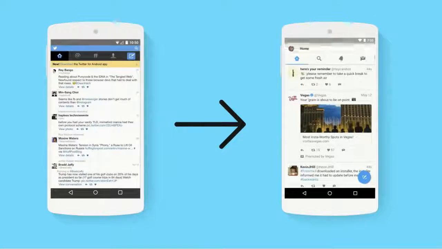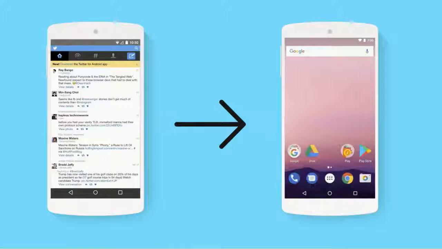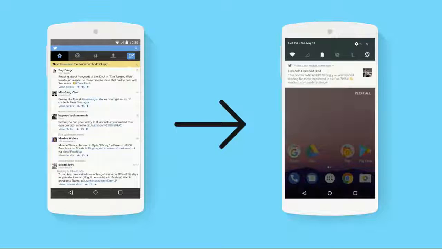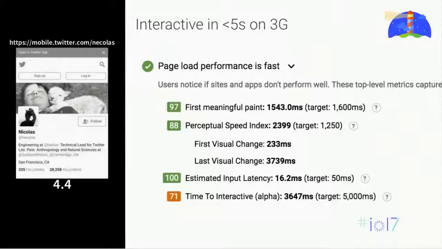Twitter Lite took their old mobile website and rewrote it to be a PWA, and they saw massive improvements in both time to interactivity and the number of tweets sent. They saw a 76% increase in tweets, and a 2.7% increase in page views. Now, one of the other awesome things about Twitter Lite is that it's interactive in under 5 seconds on 3G. Now, using a framework like React to accomplish this on mobile requires a little bit of additional work. So let's dive in